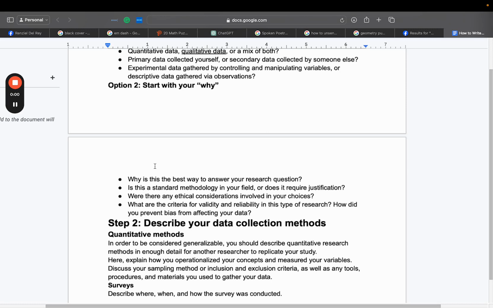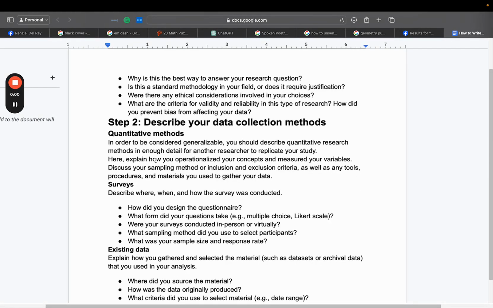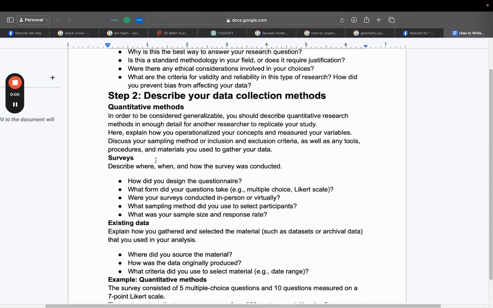Now, step 2, describe your data collection method. So, in step 2, a major part of your method, a major heading, is data collection methods. Under that, you're going to tell what data collection method you used. Did you use a quantitative method? If you need to generalize, of course, you're going to use a quantitative method. Did you use a survey? If you're going to use a survey, here are the things that you need to include in